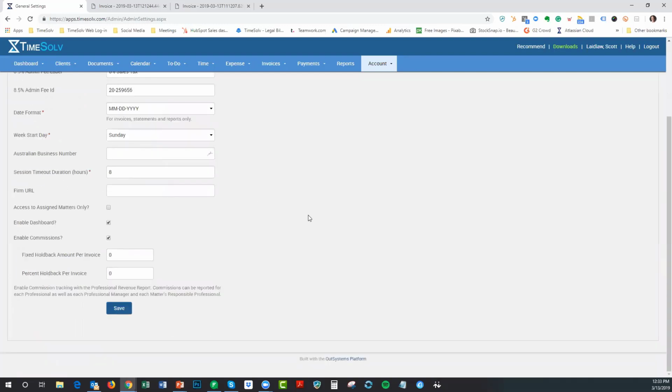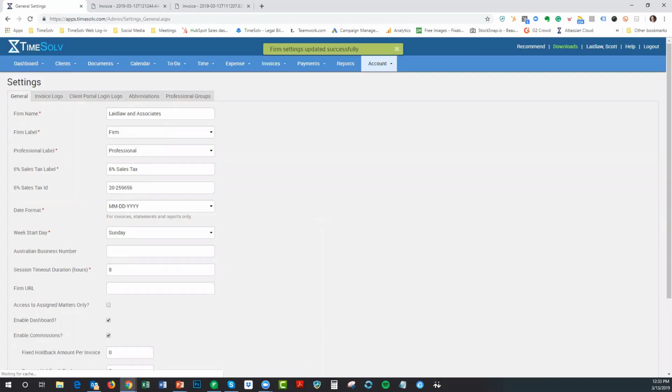But as soon as I hit save, you're going to notice that that label changes over here on this side. And now throughout the rest of TimeSolv, the various places where you'll interact with this fee, you'll see it called 6% sales tax or whatever you need it to be called. This is also the label that will actually appear on the invoice, which is why I would recommend that,